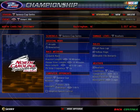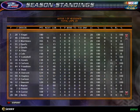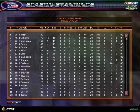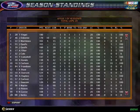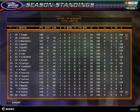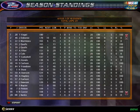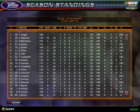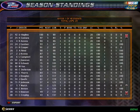And let's look at the point standings going on right now. Obviously, our points leader will be Tim Fiegel. Josh Osborne will be second. Eric Matthews will be third. That is Joel Qualls, James Qualls, Alex Filter, Jake Cole, Trey Campbell, Alyssa Kondo, Skylin Carlson, Vanessa Franzen, Keon Shaw, Alexander Dawson, Austin Hughes, Zach Carlson, John Dawson, Stephanie Naylor, Dylan Petit, Ray Castor, and Jamie Banks round out the top 20, followed by Dylan Hughes,